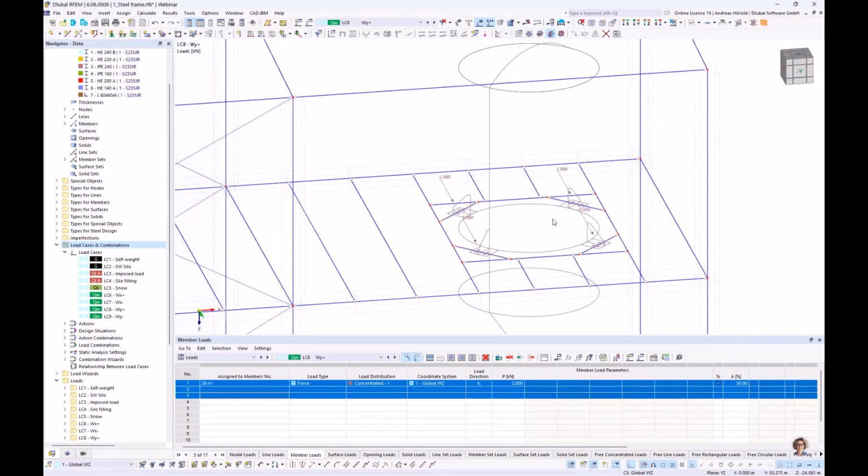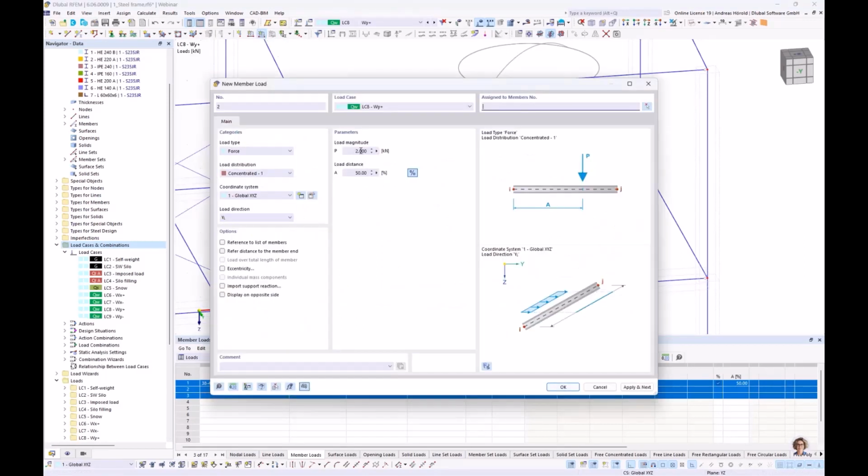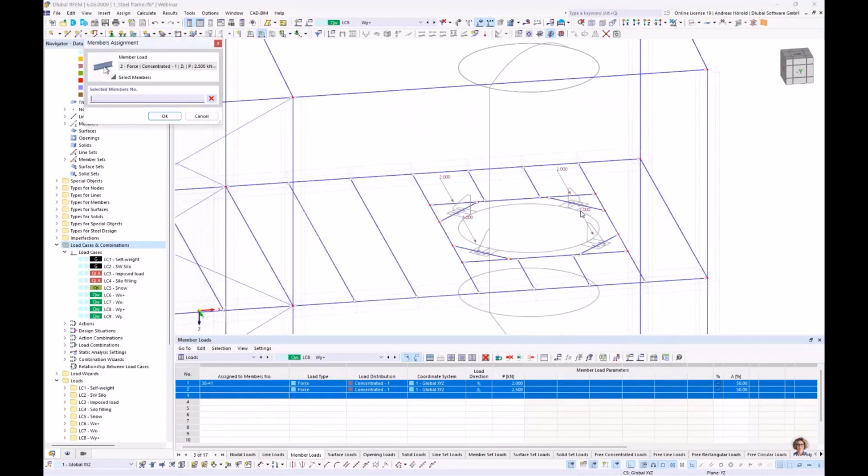Okay, so then in vertical direction, new member load, 0.5 in Z direction. Okay, all 4 beams. Sorry, that was wrong. Only these beams. Okay,